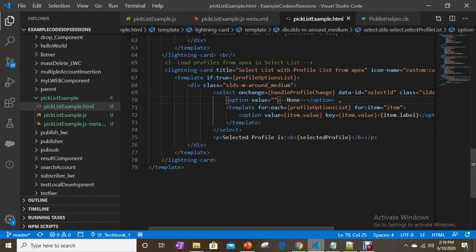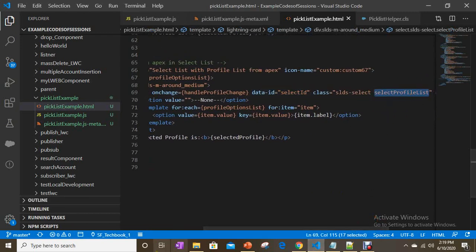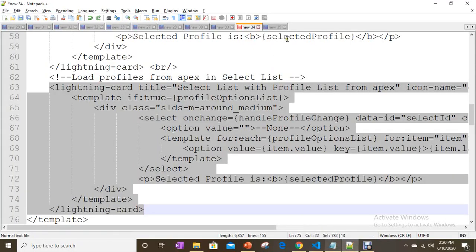How can we do that? That's why I defined data ID. You can go with ID or this class. Okay, you don't need to have a body for that class. You can use that class for accessing this select list. Now I'm going to use ID, select ID. Let's see how we can do it.